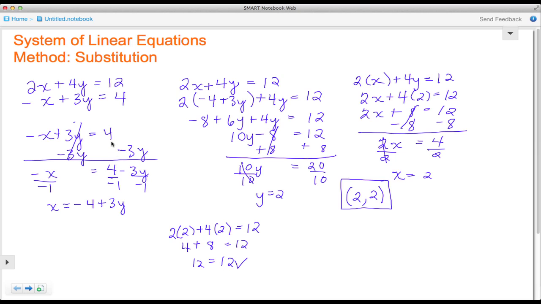Now let's go ahead and test with the second equation. Both equations have to evaluate to true for us to say this is a valid answer for this problem. So we have a negative 2 plus 3 times 2, and that should give us 4. A negative times 2 gives me a negative 2, and then 3 times 2 gives me 6. I rewrite, and here I have negative 2 plus 6. That does in fact give me 4. So here again I see 4 equals 4. So we see that the solution of 2, 2 is true for this equation.